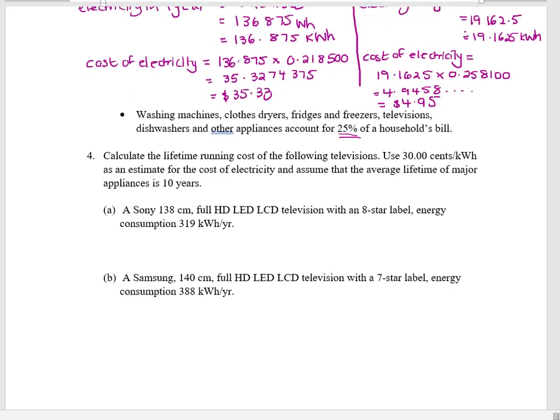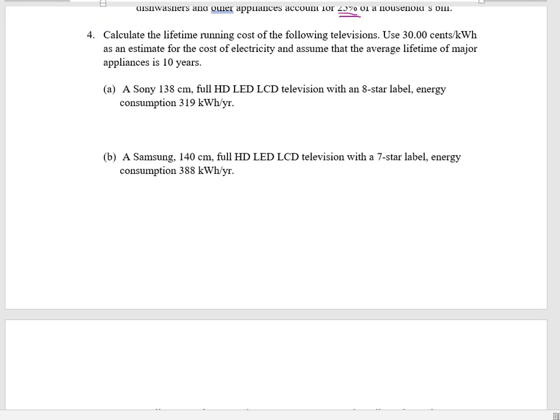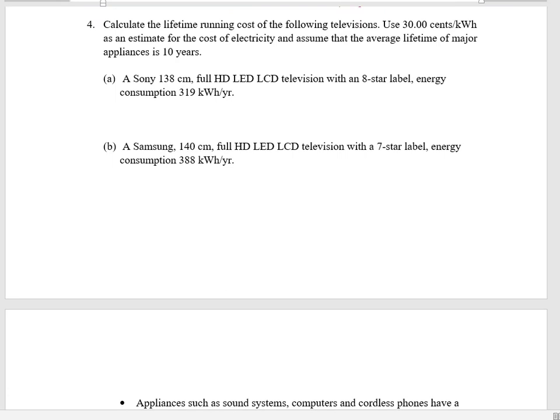So looking now at example 4, it says calculate the lifetime running cost of the following televisions using 30 cents per kilowatt hour as an estimate for the cost of electricity and assume that the average lifetime of major appliances is 10 years. So if I was going to look at this, for my Sony TV, if I'm going to look at my lifetime running cost,